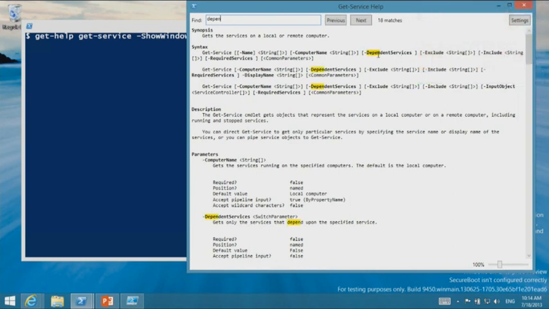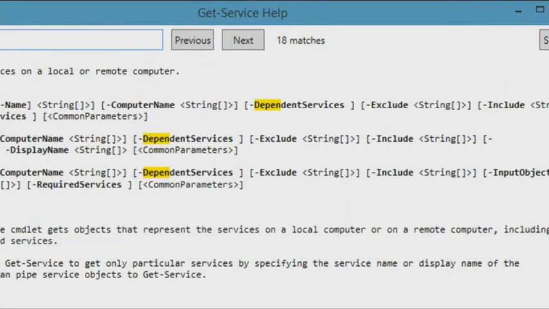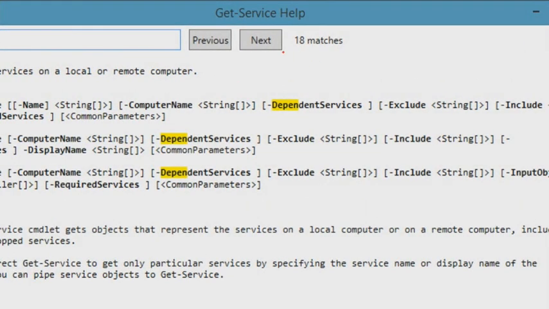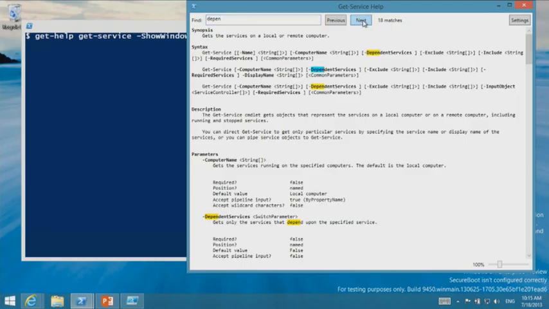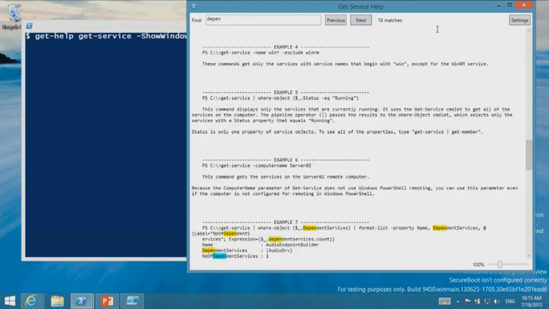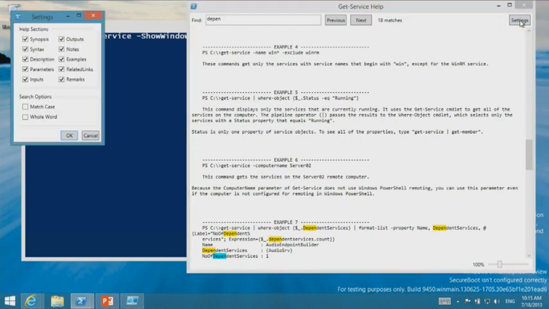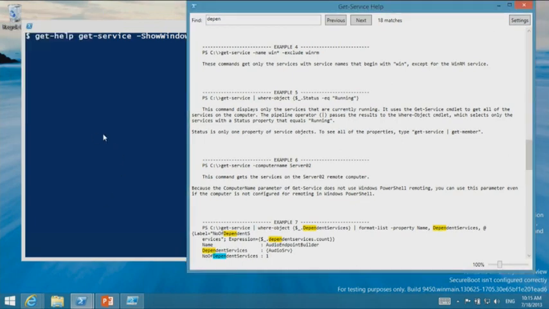Okay, and so notice it gets highlighted and it says here 18 matches. And you can search. I don't do that very well. Anyway, so then you can start searching for these things, and so it's super nice. And I think the addition of this was added to V3, and I think the addition of this is really phenomenal. Because, guys, let me show you, traditionally, you're going to spend so much time in the help file, and